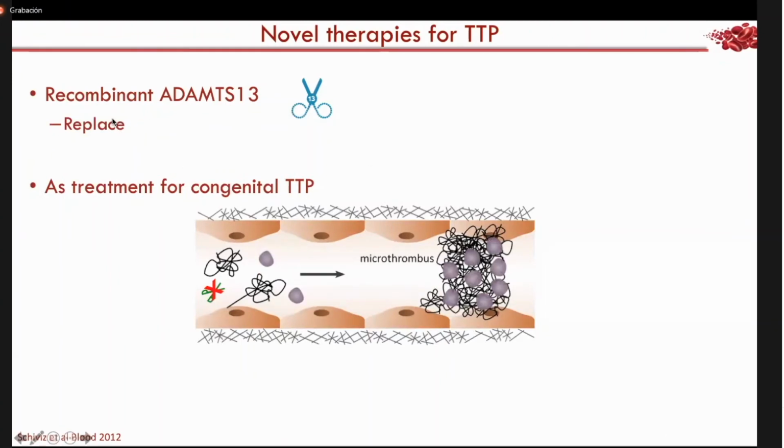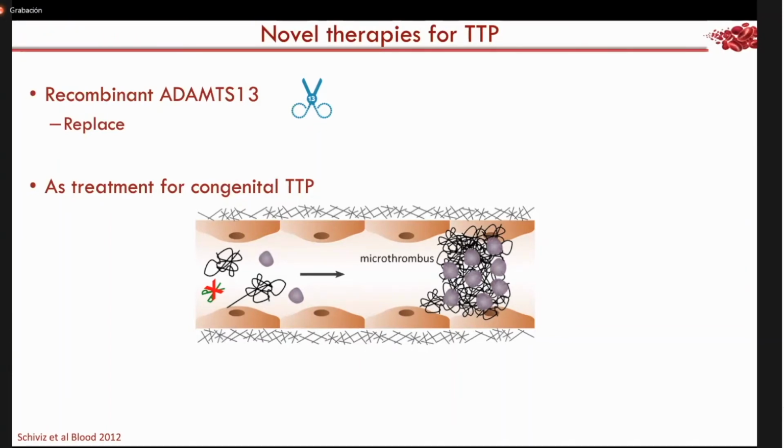So you probably know that TTP patients are either treated with plasma infusion or plasma exchange to replenish the defective ADAMTS13 with an active ADAMTS13 from a healthy donor. And you all know that giving plasma to patients is cumbersome for the patient and can also be dangerous. So again, Baxalta, now Takeda, developed recombinant ADAMTS13 as a novel therapy for TTP. They wanted to check: if you simply inject the protein itself without any plasma component, can you treat TTP?